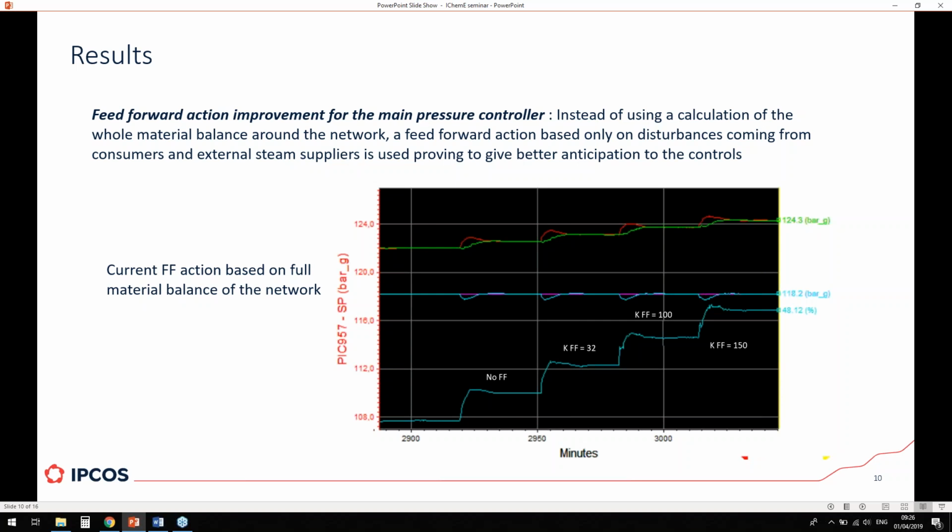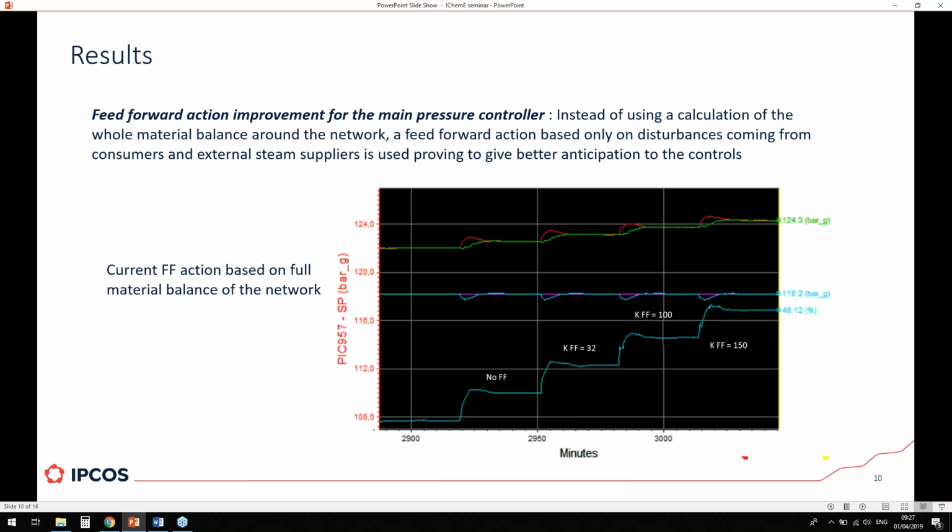So if the network is out of balance, then of course it immediately starts increasing the action of the network, like anticipating the effects of the out of balance situation, because, well, in any steam network, the pressure of the network is nothing different than just a representation of the material balance of the network. So if the network is out of balance, then this will be pointed out by this feed-forward calculation, and then it will act accordingly. But we noticed that because they're using the full material balance, well, they were mistakenly using